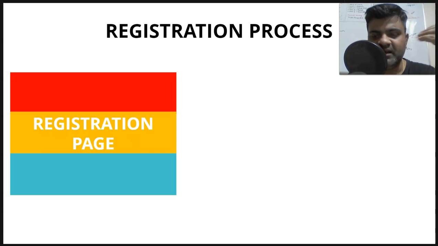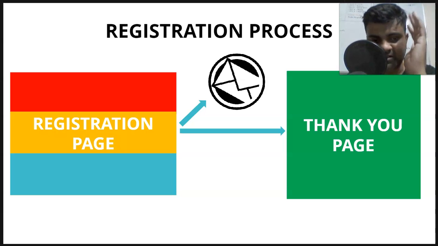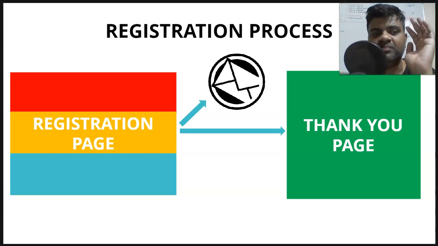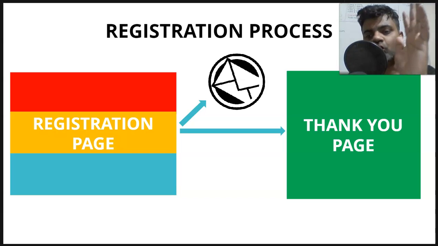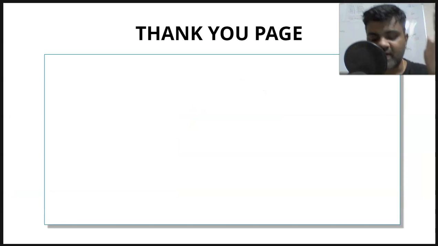Now let's come to the registration process. So let's say these are the 3 elements that go into your registration page, and you have built the registration page. Next they go and submit their email, which goes into your email marketing system where you integrate it, and they'll be redirected to a thank you page. You need to tell them that their action has been performed successfully. That means when they go to the thank you page, they should know, okay, I have done something successfully. And now what goes into the thank you page? Again, there are some categories that you need to put.